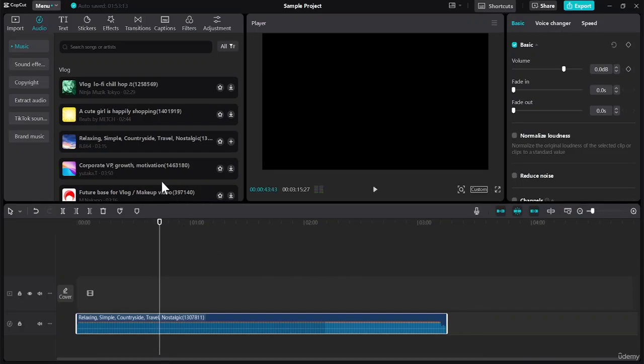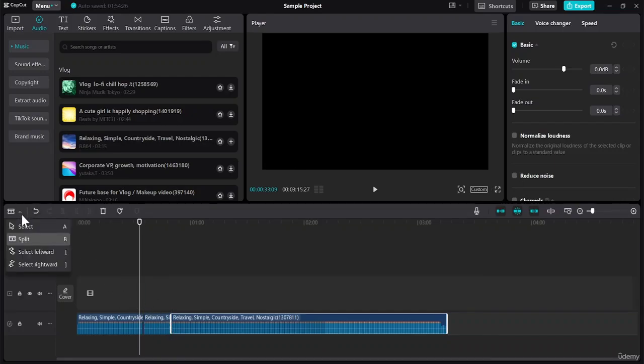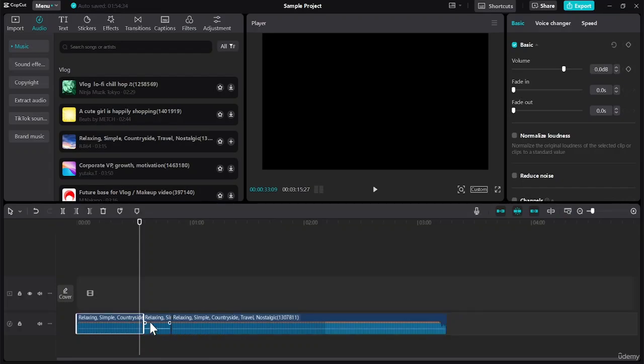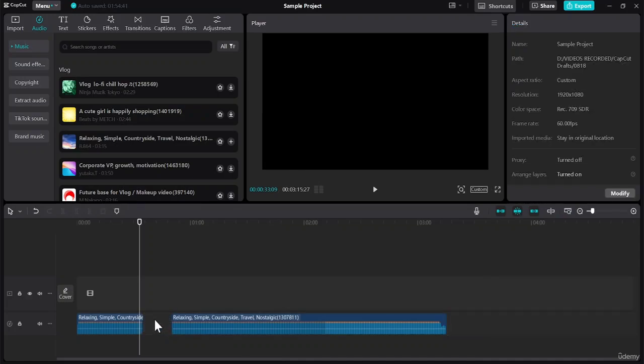Okay, after doing that, here you will have the select option and split the music between two. Let's select that. So here you can see that I have split them into two different sections. Now let's select the cursor, and here you have two different sections. This is the first one, second one, this is the third one. You can simply select each of them and delete that, and